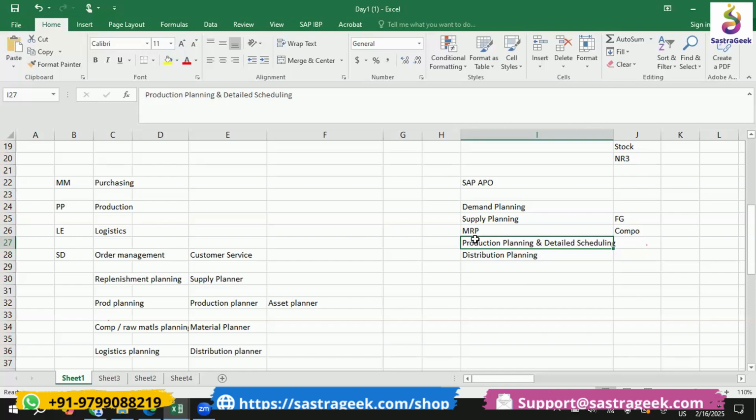Distribution planning is also a subset of supply planning. SAP started bringing this module into IBP. It is there, but for order-based planning purposes only. We will talk about what time series planning and order-based planning are in detail during the subsequent sessions. At a high level, this is how it looks from the